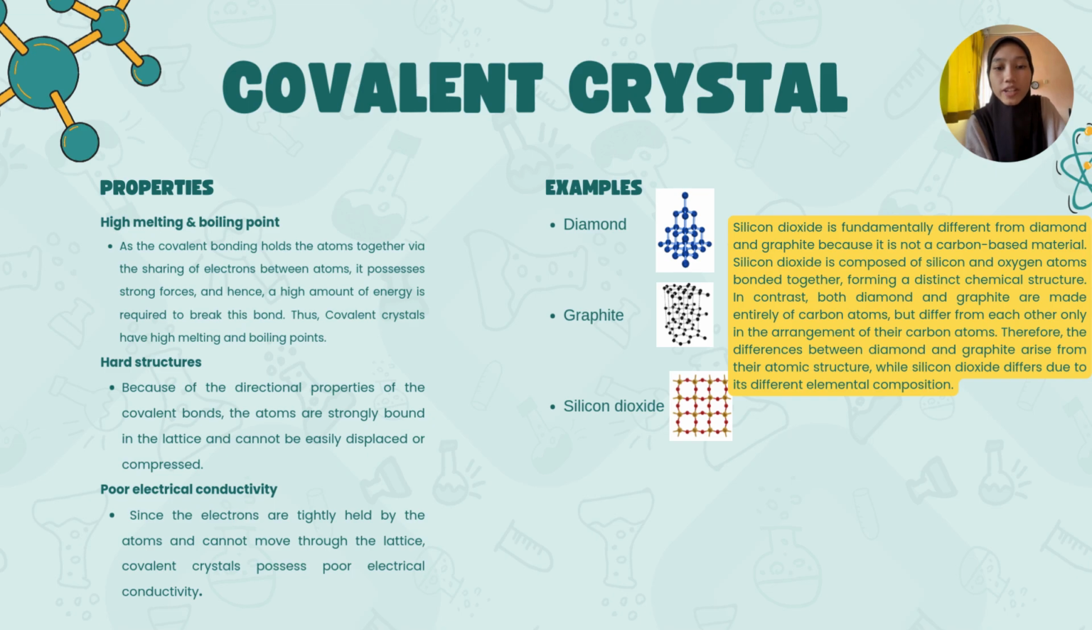Silicon dioxide is fundamentally different from diamond and graphite because it is not a carbon-based material. Silicon dioxide is composed of silicon and oxygen atoms bonded together, forming a distinct chemical structure. In contrast, both diamond and graphite are made entirely of carbon atoms, but differ from each other only in the arrangement of their carbon atoms. Therefore, the differences between diamond and graphite arise from their atomic structure, while silicon dioxide differs due to its different